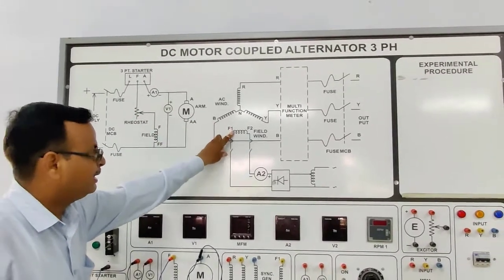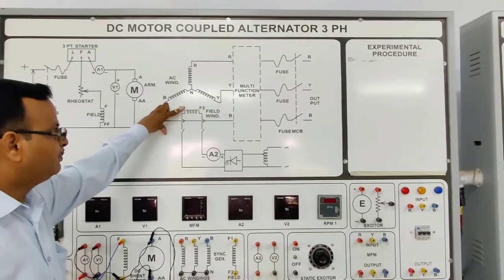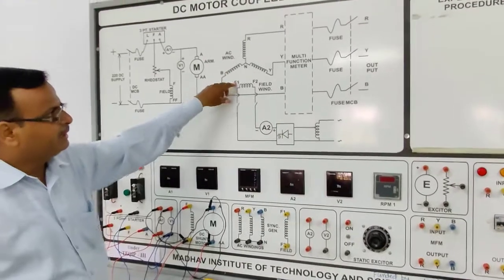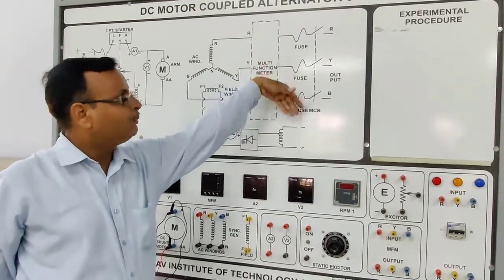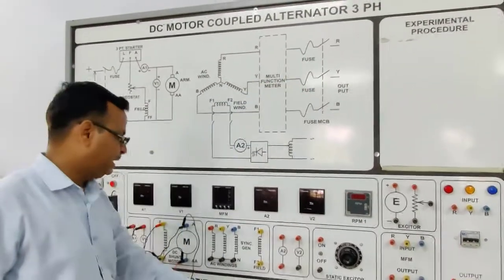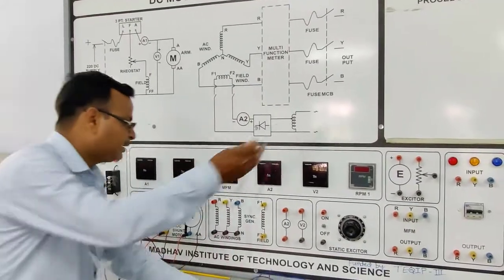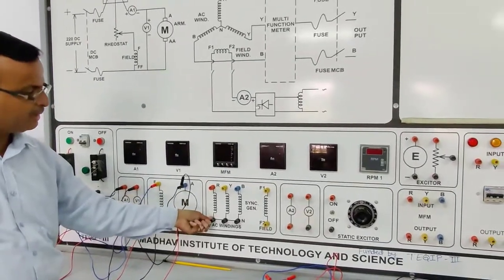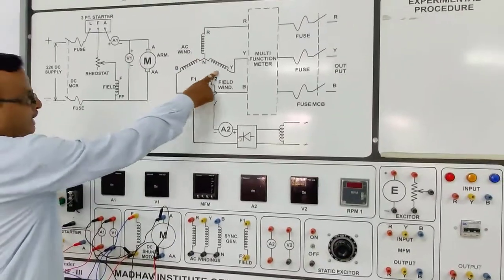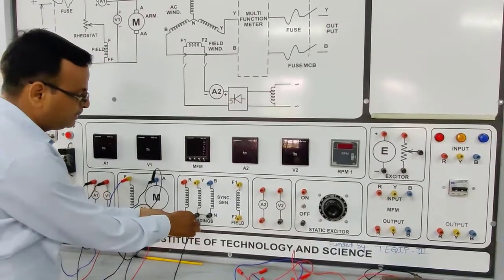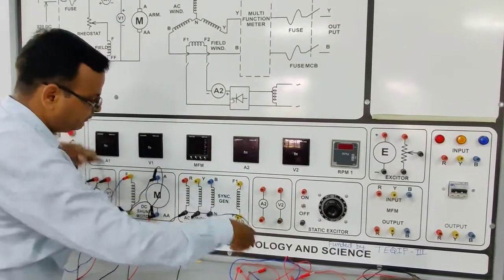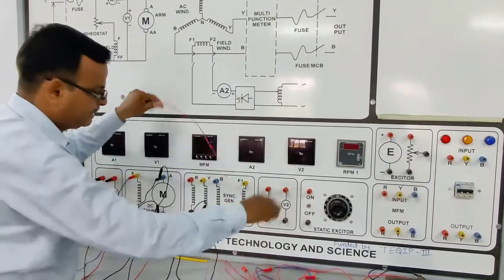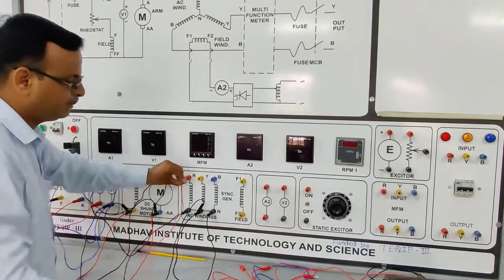to this alternator. On this alternator, we have to perform two tests, the open circuit test and the short circuit test. The open circuit test means these terminals are open. And how to connect the circuit? These are the terminals for the stator winding of the alternator, and these are star connected. We connect the star at a common point. And next, the R, Y, B, 3 terminals of this stator.